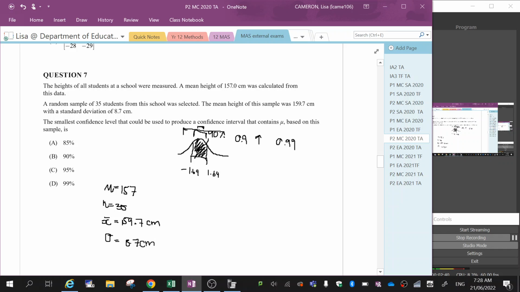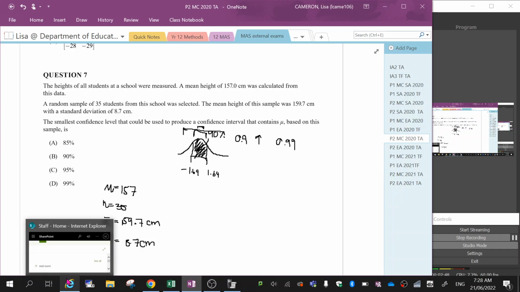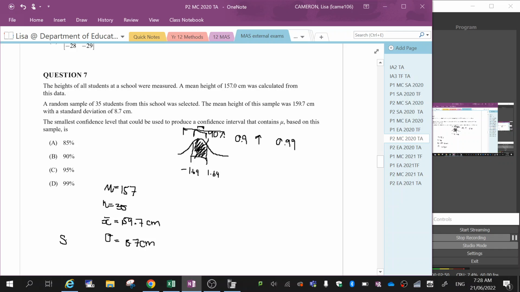Now, when we're talking about standard deviation, remember there are 2 different ones. There's standard deviation that we use alongside the raw scores, and there is the sample deviation from the means. So that's the one that we use as s. So we don't want to use that one. This is referring to each of the individual scores. That's why it's the deviation like that. Okay, so